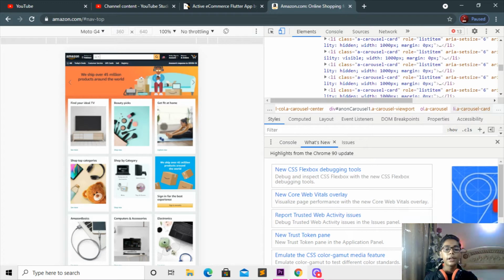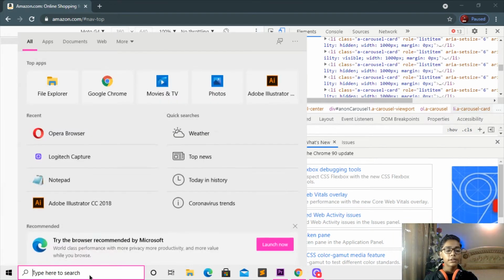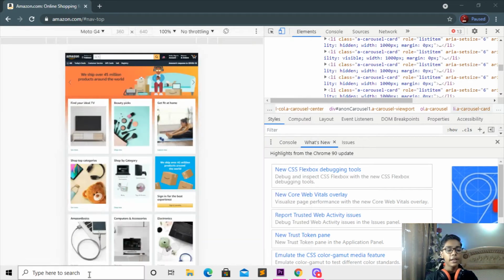So we will be building that, and for building that, first of all, I will be closing these things. I was checking my channel, because of that I've opened it. Now I have to open another thing, which should be my text editor, in which I'll be writing my React.js codes. So here I'll be opening my VS Code simply, by writing VS Code.